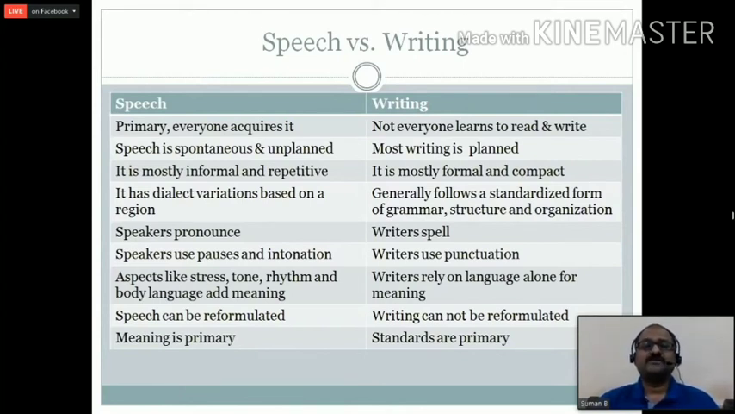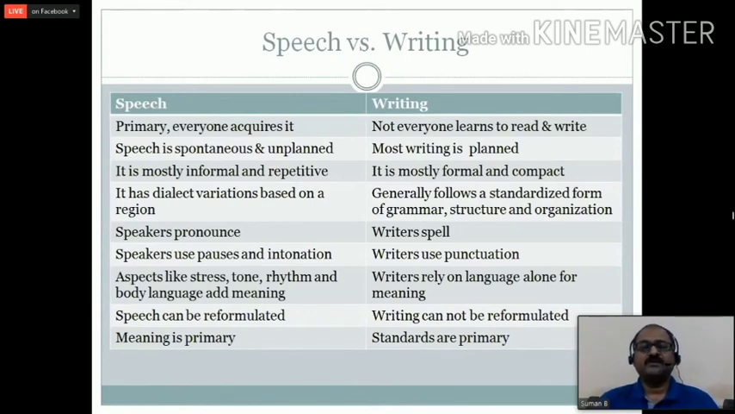It's also repetitive. Whereas most of the writing is planned, right? You take a lot of time to plan what you want to write. You revise, you redraft, and finally you come out with the end product. So speech is mainly informal and repetitive because you don't have time for planning. It can also be repetitive. So there's a tendency while people are talking, they repeat sometimes knowingly or unknowingly what they are